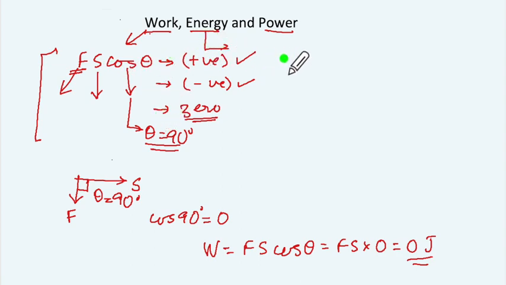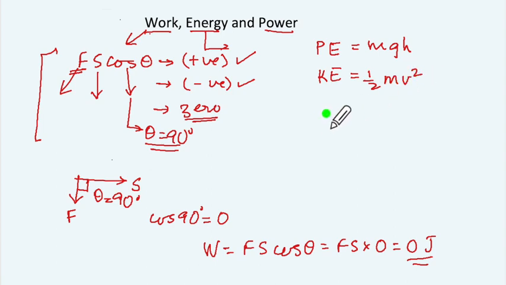Now in case of energy, we have different types of energy. The basic ones are your mechanical energy, which consists of potential energy and kinetic energy. Know the formula, that is mgh, and also kinetic energy is half mv square. Okay, and then you also need to know the relationship between momentum and kinetic energy, which is P equals under root 2mK. This also is an important relationship.